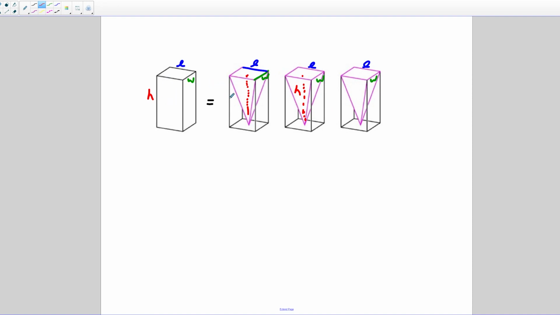So what we're saying here is that if we were to take the volume of the rectangular prism and just divide it by 3, we would get 1 of my pyramids. But it would take 3 of these guys to fill up the volume of one rectangular prism, given that